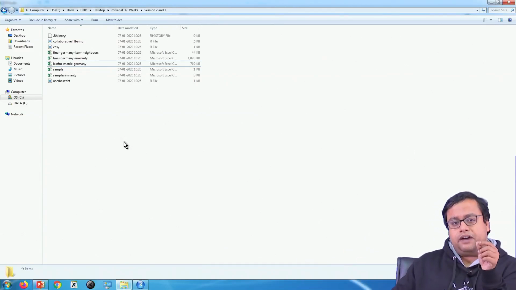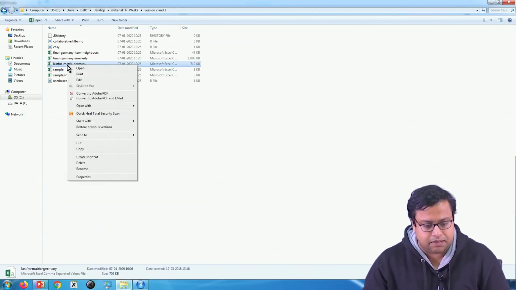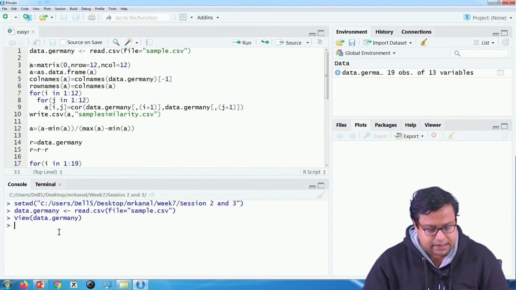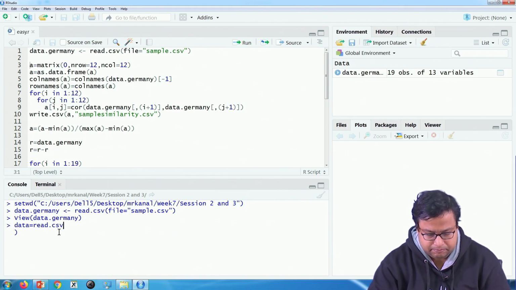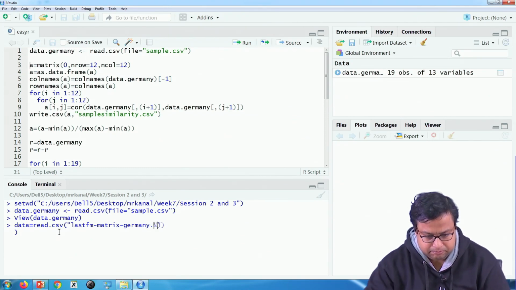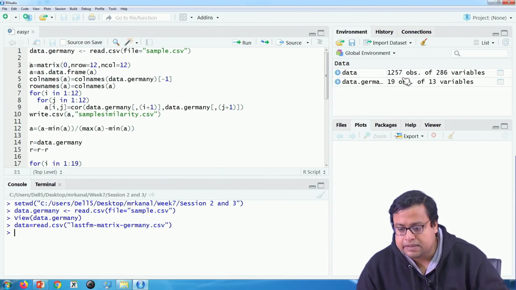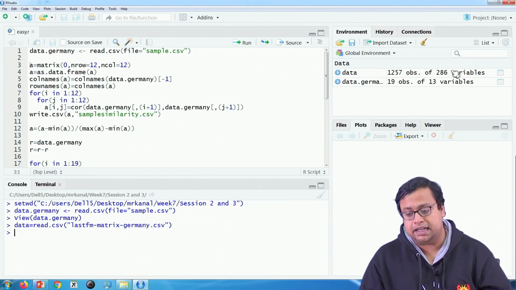Just to give an example, if I read the Last FM Germany file, you see there are 1257 observations of 286 variables, meaning 286 items and 1257 users.